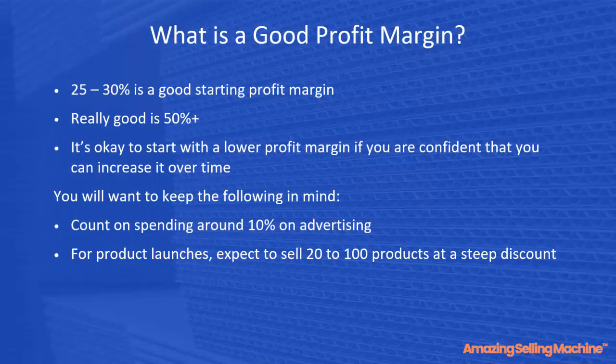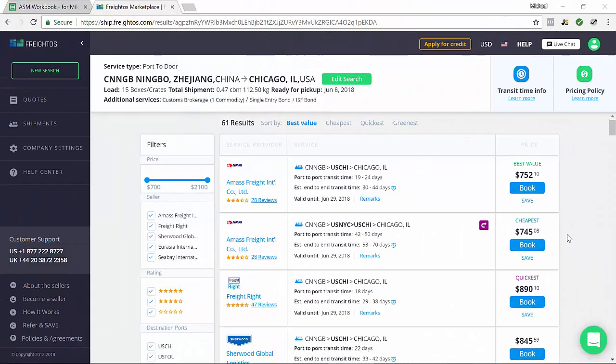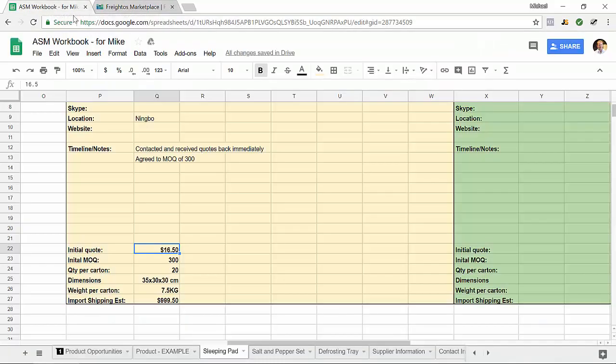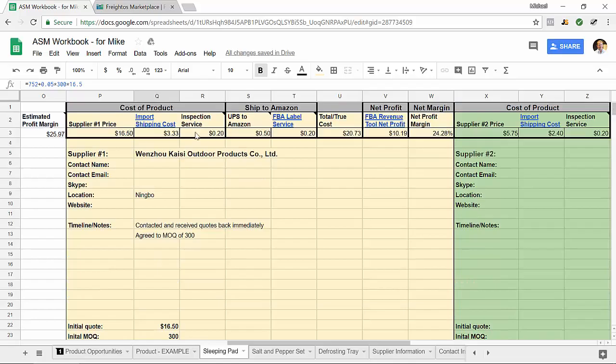Now, let me show you a quick example of how you can tell if you can increase your profits over time. Earlier, when calculating our estimated shipping and importing costs for 300 units of this product, we got estimates back of $752 for the shipping, plus we had to add in another $247 or so for the duties, and that brought us to a total of $999.50 for our importing costs,